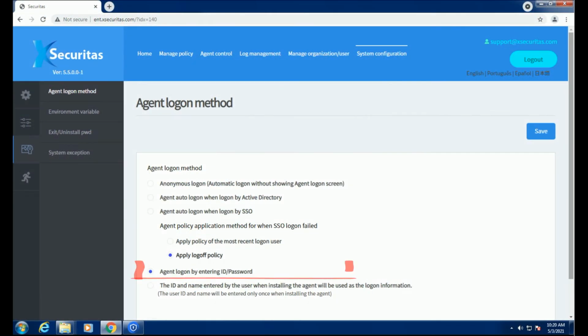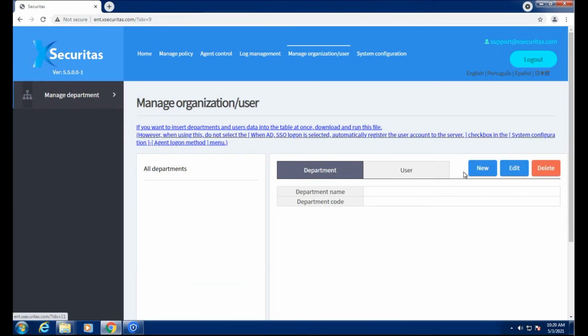I will explain the agent logon by entering ID/password logon method. To use this, you must register department and user information in advance. Departments and users can be registered manually in Manage Organization/User, or you can register in batch using Excel.